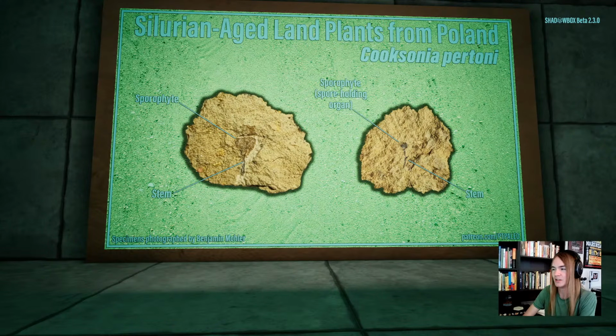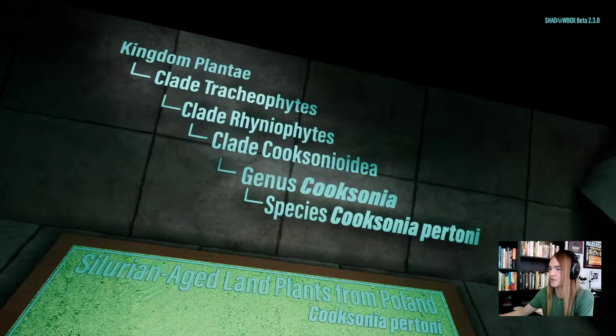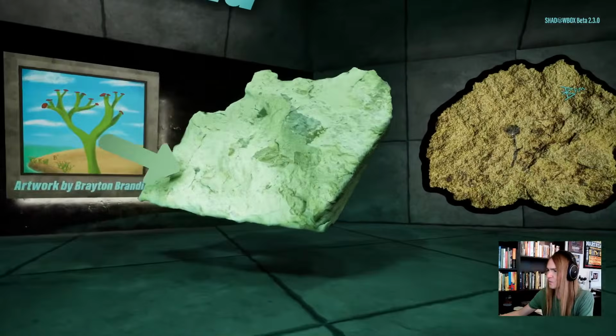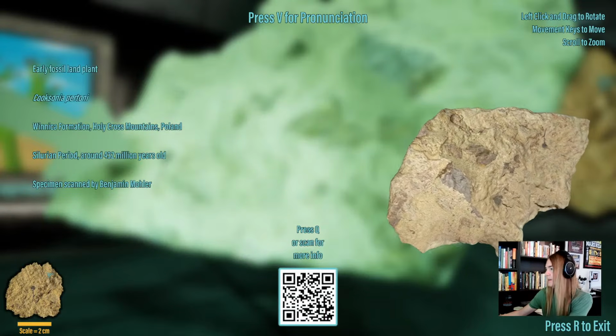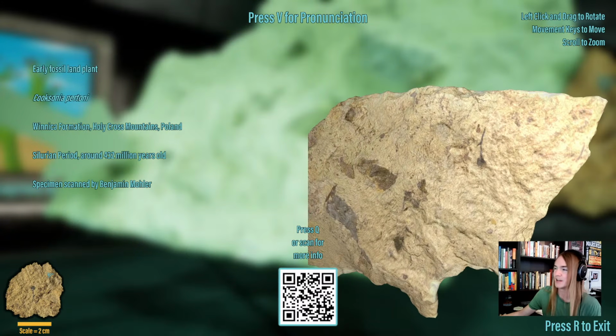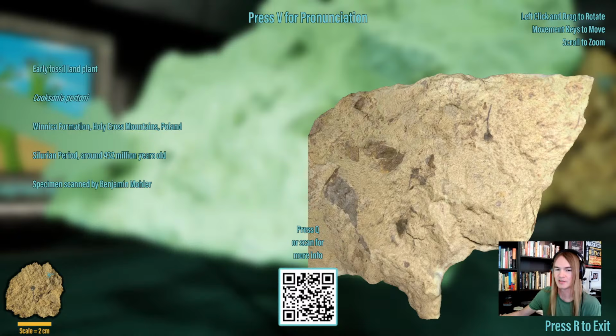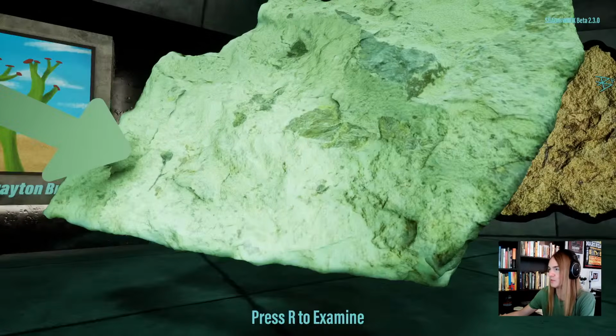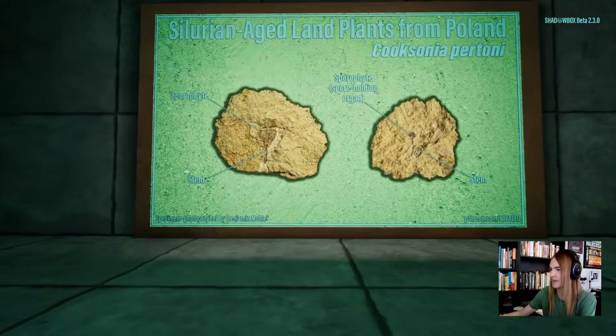These are all vascular plants, and these fossils, these are not the earliest known examples of Cooksonia, but they are among the oldest vascular land plants anywhere in the world, and the oldest known genus of vascular land plants. These are around 432 million years old. And at that time,